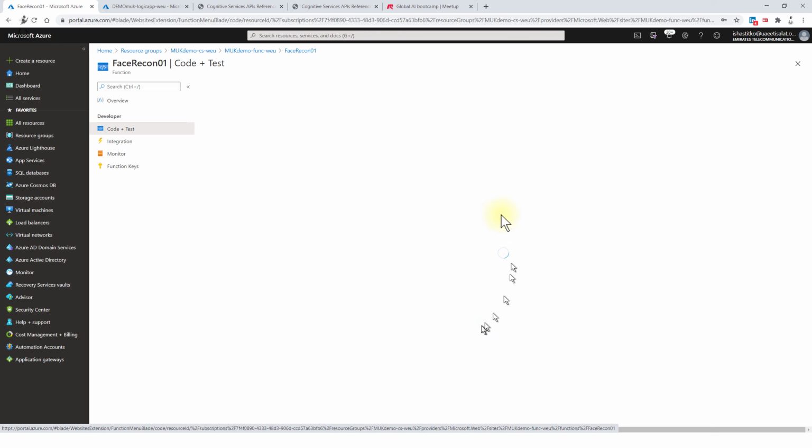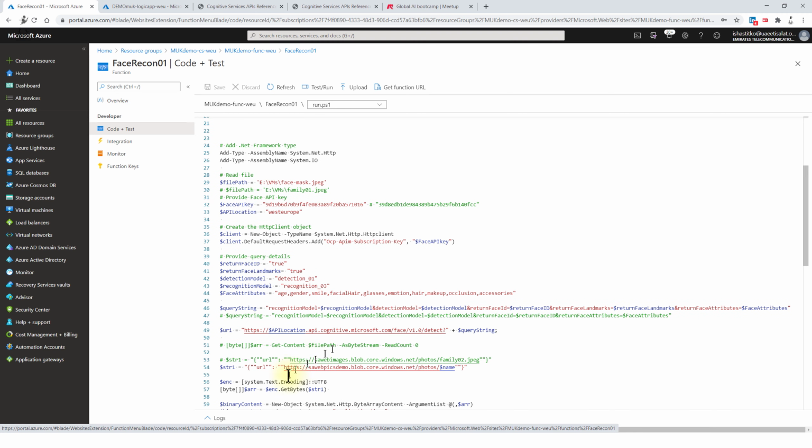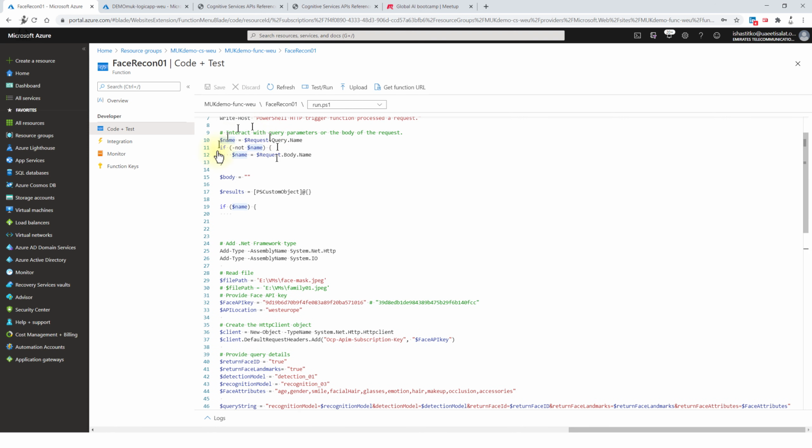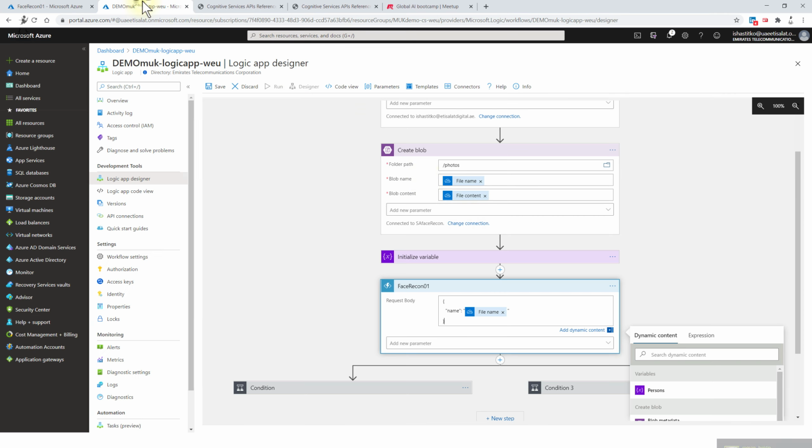The function will go to the selected blob. I just hard-coded the path of the blob with the provided name in the body that's taken from here. It's a part of the function by default. And after that, the function will return